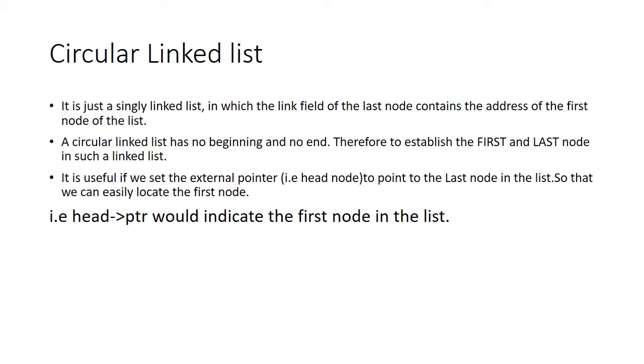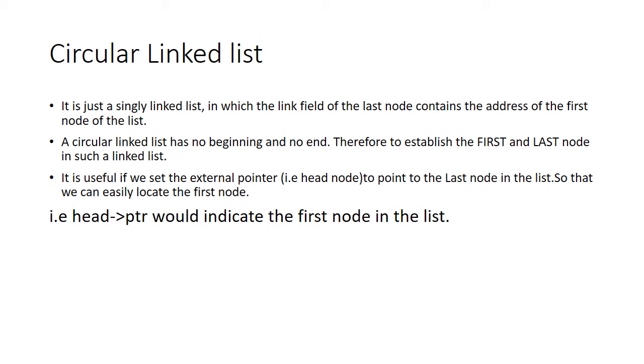Now there will be a problem. What is that problem? In single linked list we had head, and head is an external pointer which used to tell you that this is the first node, and there was a last node. We can easily identify the last node by seeing the pointer field of that node. If the pointer field happens to be null, then we figure out it is the last node. But here the last node pointer field is storing the address of the first node. Therefore we will be in confusion. We will not be in a position to judge which is the first node and which is the last node.